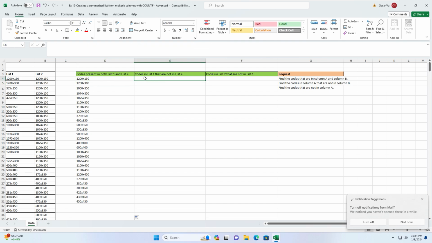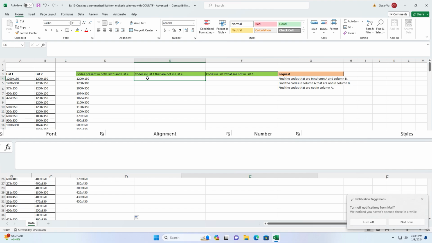Moving on to the second task, finding codes in list 1 that are lost in list 2. We will use two COUNTIF functions. COUNTIF 1 finds values in list 1 that are lost in list 2. COUNTIF 2 is to compare and exclude the values returned, as one formula, to eliminate blank rows in the result column. In cell E4, input equal